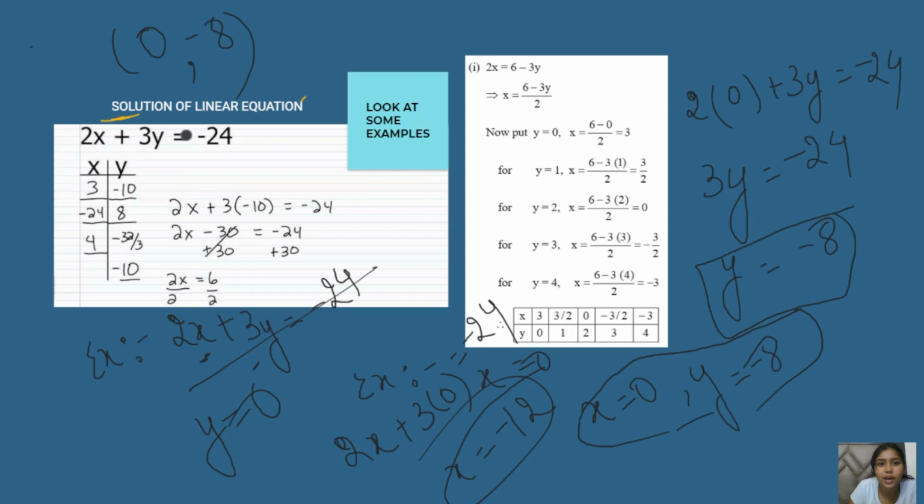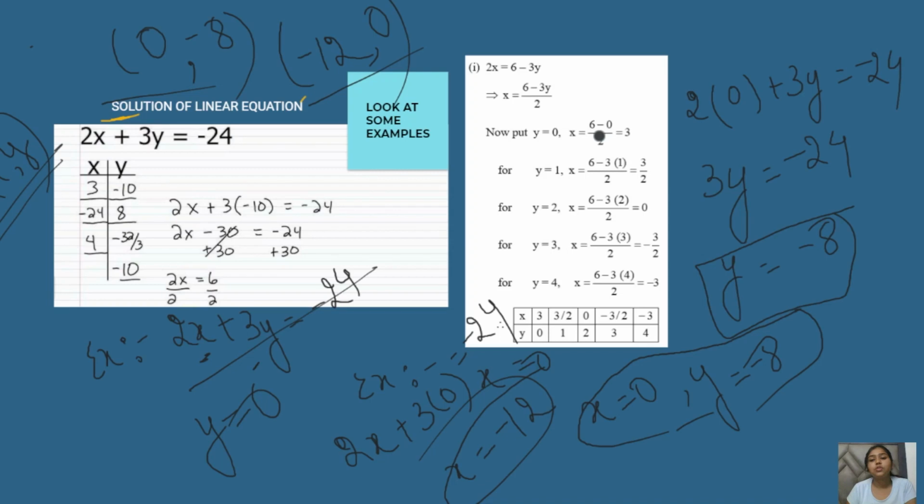Why am I writing it like this? Because when we get the values or the solutions of a linear equation, we write them in this way, x comma y, where the x value is always placed first and the y value is always placed second. We saw that x equals to 0 gives y equals to minus 8, that is why I put x first and y later. Same in this case, x equals to minus 12, y equals to 0, so I put x first and then y. Okay, so these are the solutions of the particular linear equation.